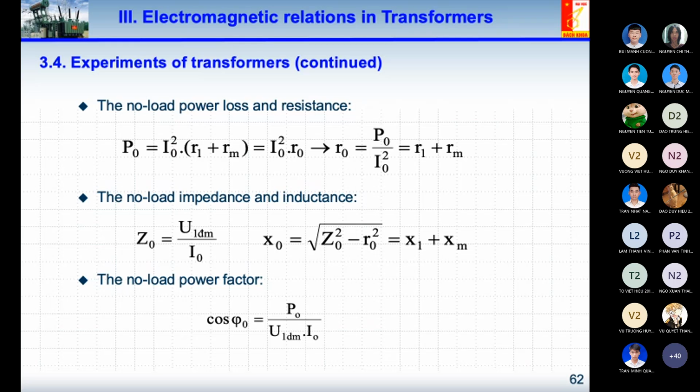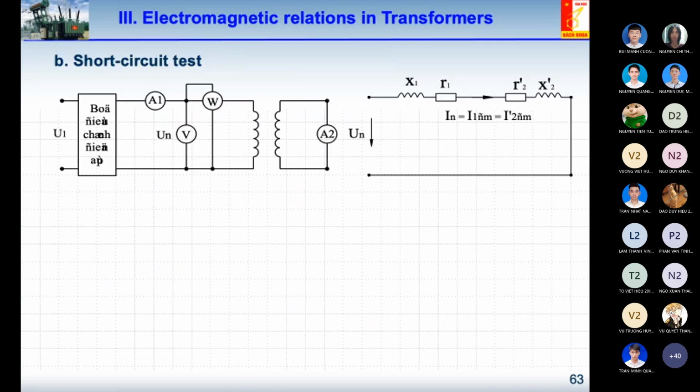And for next, not very high. And the next test is the short circuit test. Okay, you can see here, have a look at this diagram. For the previous case, we did the open circuit test, and now we do the